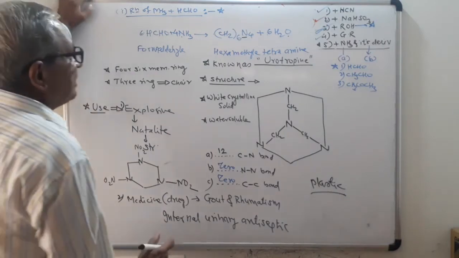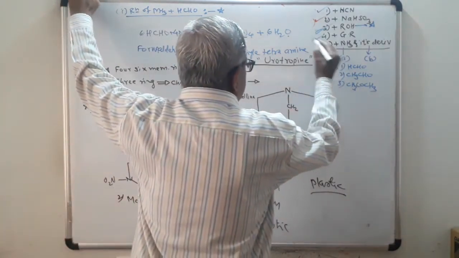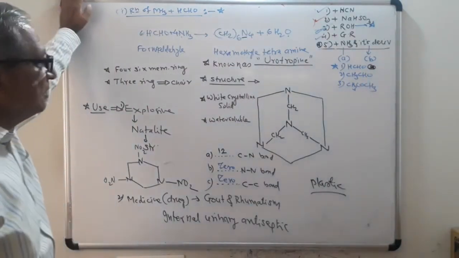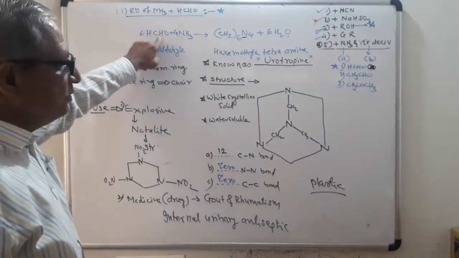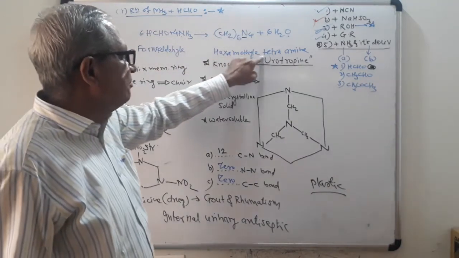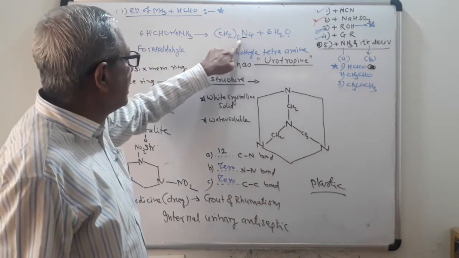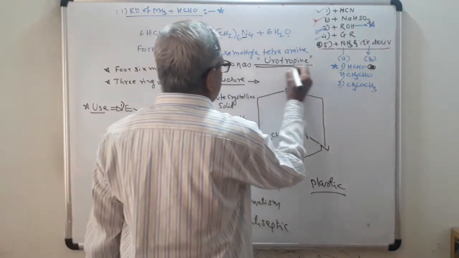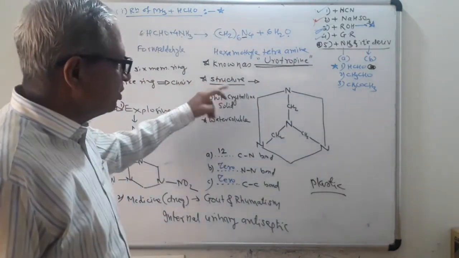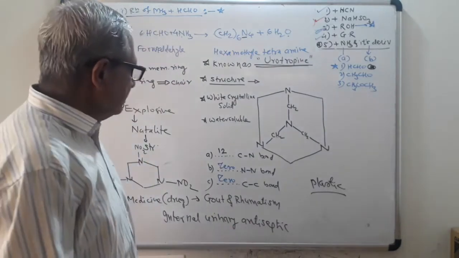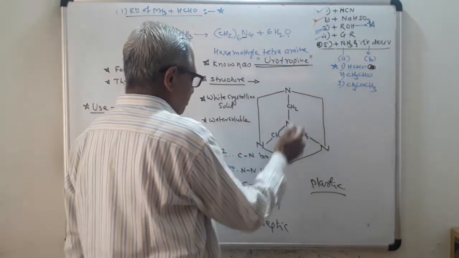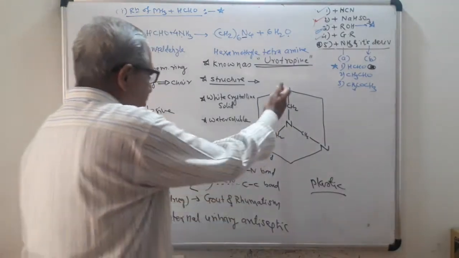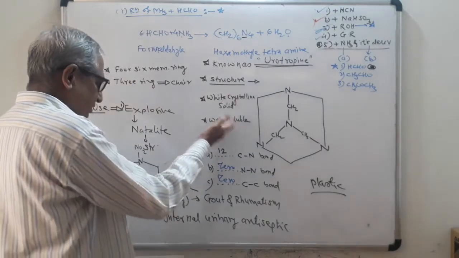So this first reaction, with ammonia and formaldehyde, is a very important reaction. So take a brief revision. When ammonia is treated with formaldehyde, it gives hexamethylene tetraamine, known as urotropine. Then we should know the structure of urotropine. First, draw the larger 6-member ring, then 4 nitrogen atoms at alternate positions, and then show the methylene groups. It is a white crystalline solid, and it is water soluble.